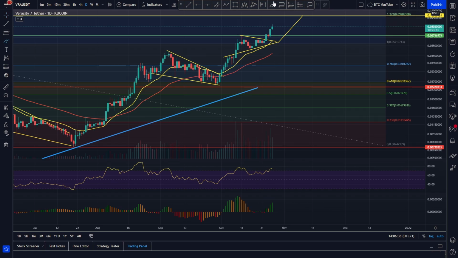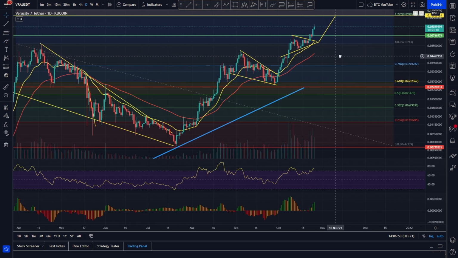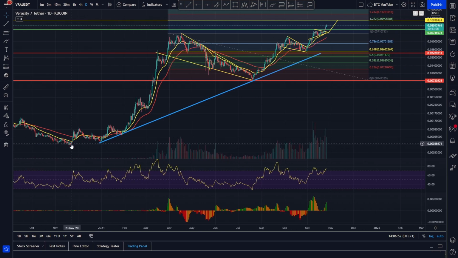Obviously you'd expect we could potentially be looking at a bearish divergence here if we see the RSI roll over. But right now it looks as though the RSI could be coming up to make another high, which could lead to Verasity having a bit more of a pump. And you know how quickly these altcoins can potentially rally, especially when you look at